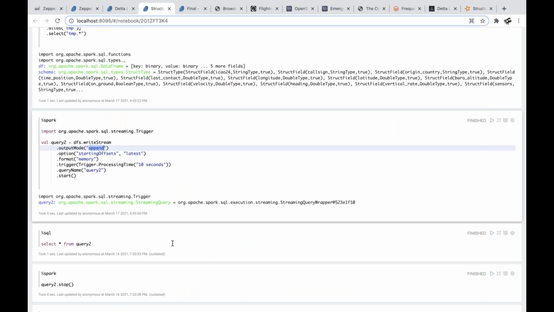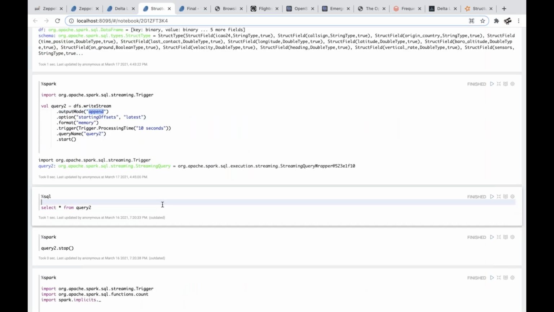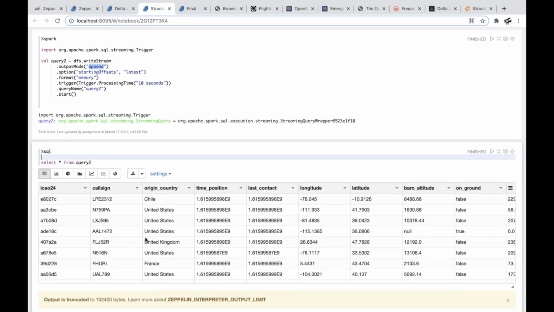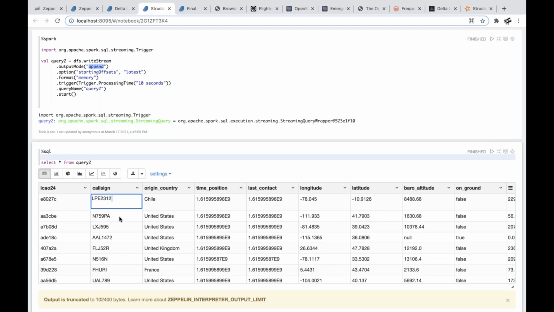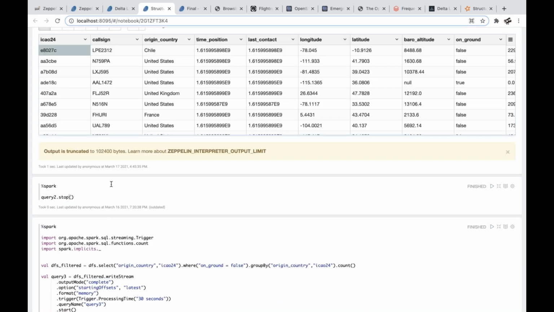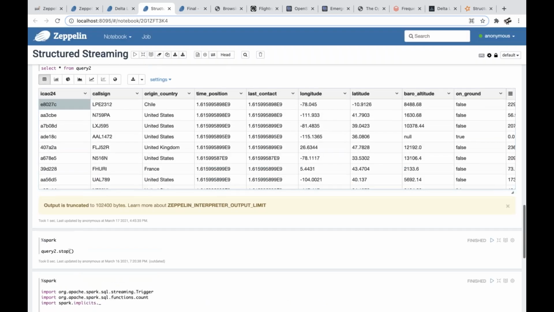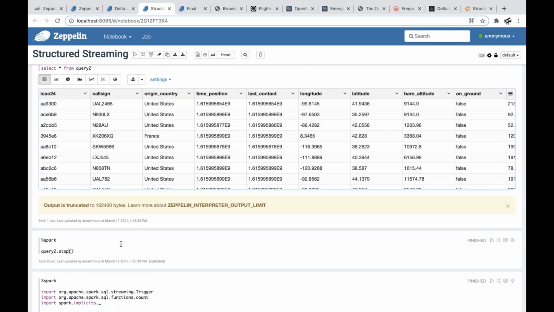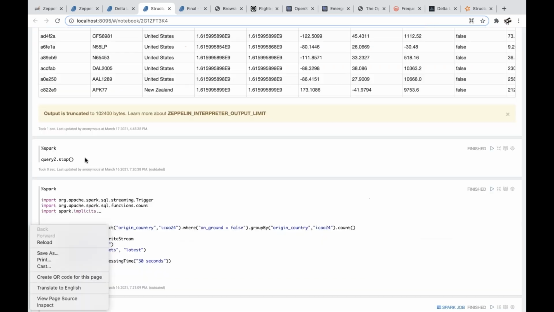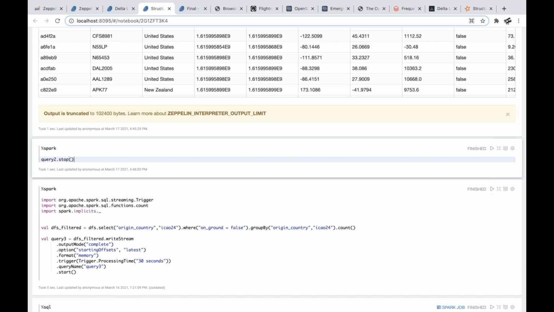So if I query with SQL, it should be good, right? Yes, we have some records. Yay, perfect. We are getting real life data from real airplanes. So if you go to Flight Radar and check for this call sign, you will see it. Okay, but still it's not what I wish. This is just getting data, and this is not very useful for me. So I would like to stop this one to continue to the next steps.